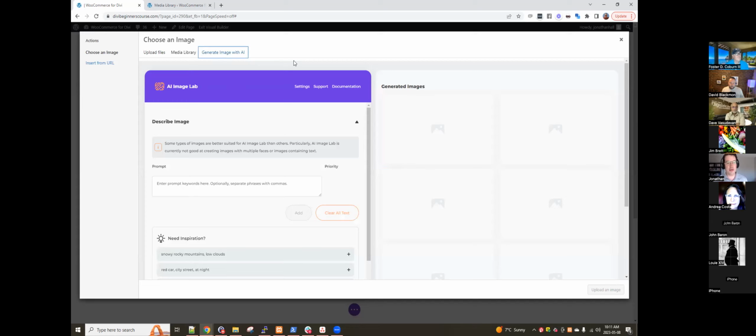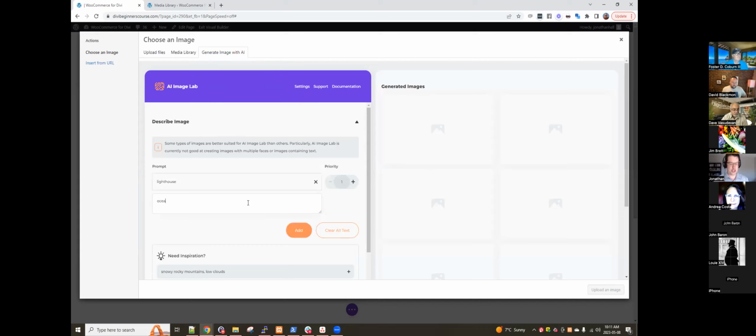Clicking that brings up the AI Image Lab interface. I'm just going to go over some basics here for starters. This prompt box is where you enter one or more descriptive phrases or even just words that describe the image you're trying to create. I'm going to get started right off with a quick demonstration. I'm going to enter 3 words: lighthouse, ocean,